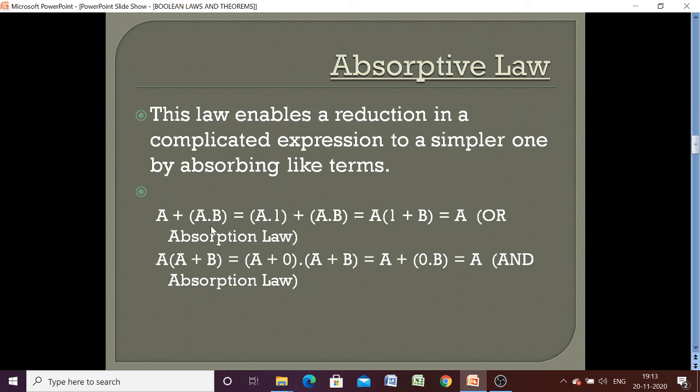Again next we have the absorption law. एब्जॉर्प्शन लॉ अलाउ करता है कि हम अपने एक्सप्रेशन को रिड्यूस कर सके बाय एब्जॉर्बिंग सम टर्म्स. ठीक है, so the absorption law tells us that A plus A dot B will be equal to A itself. अब ये अगर प्रूफ करना होगा तो ये स्टेप्स हमें फॉलो करना होगा. Otherwise the law tells that A plus A dot B is equal to A. And similarly, the second absorption law is A into A plus B equal to A itself again. So these are the two absorption laws.